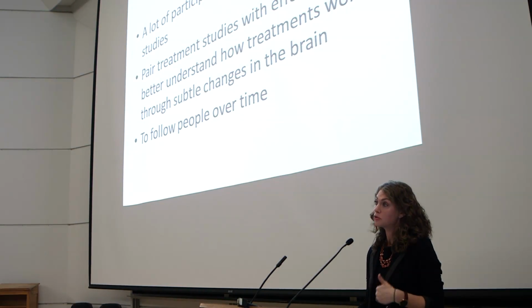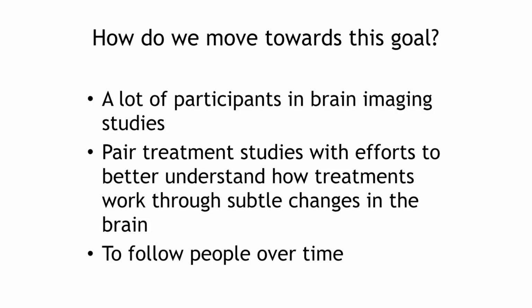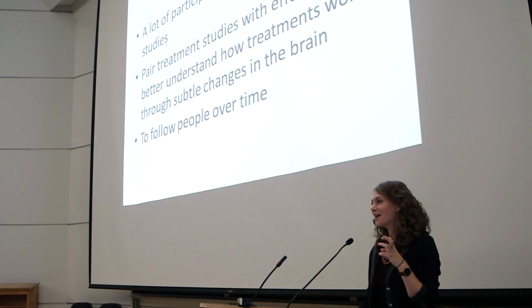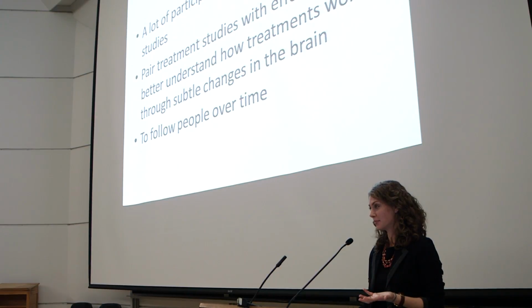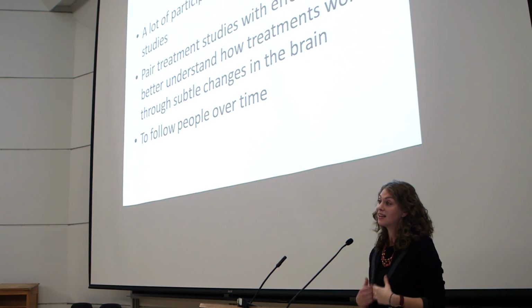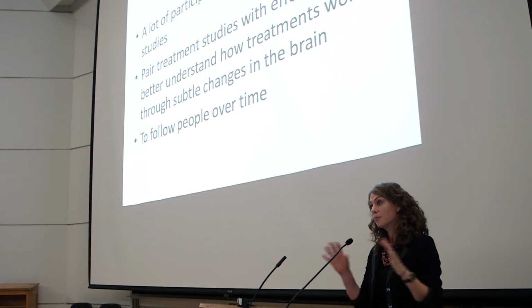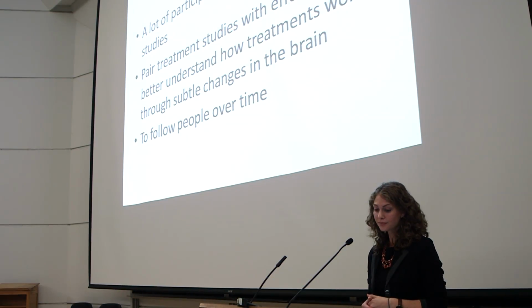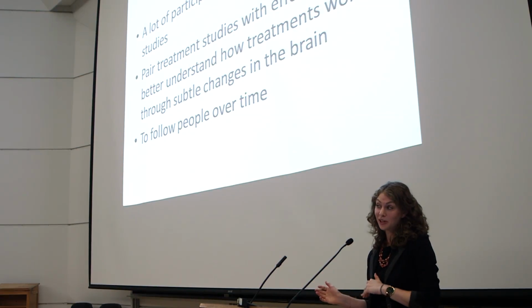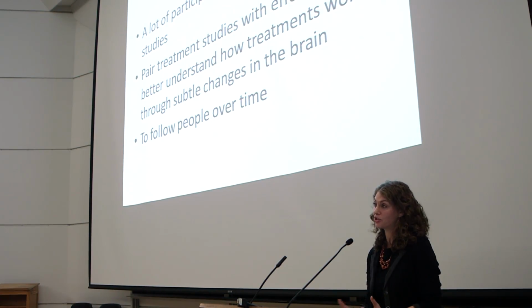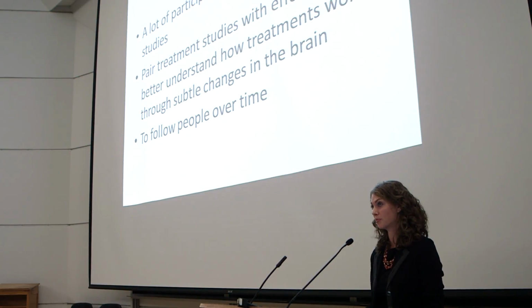So how do we move forward towards the goal of bringing neuroscience into the clinic? So the question is, what if you had unlimited resources, what do you need? And we really need participants. We need brain imaging studies that have a lot of participants. And the reason is because these disorders are very heterogeneous, and there's probably not one finding there. We need big groups in order to get the signal. We also need to pair treatment studies with efforts to better understand how treatment works, and we need to follow people over time. So the whole push for longitudinal imaging is probably going to be a very important one in terms of